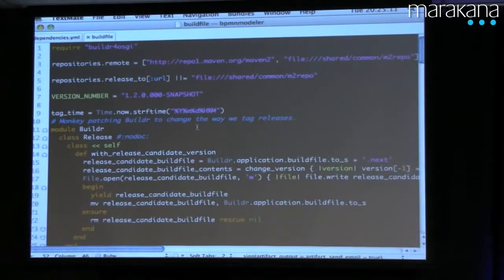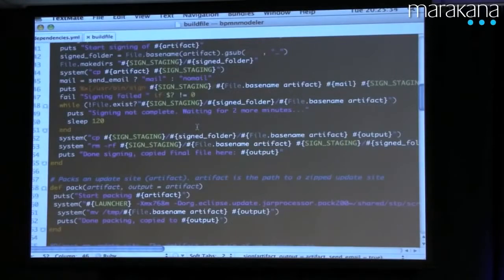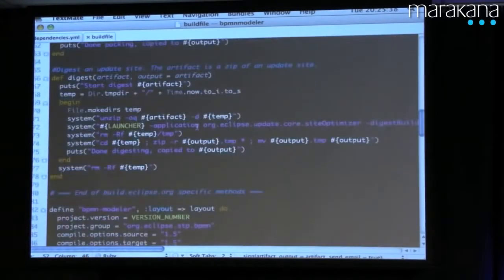So this is the BPMN modeler build. It's a project at Eclipse that I happened to lead by mistake. The build system of Eclipse is highly customized. It's to the point that if you're not using CVS, you're probably not going to be able to make it work. Though it's getting better and better by the day, so I'm bad-mouthing now. But when I did that back in 2008, 2009, it was a bit hard.